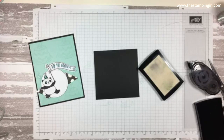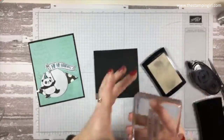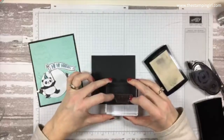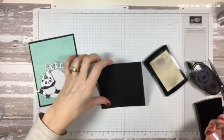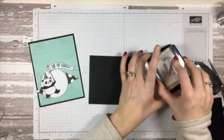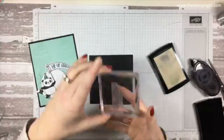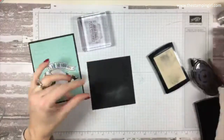I wiped off this stamp set last night with a baby wipe, so I just want to make sure I don't have any sort of fluff stuck to it. Okay, so you're going to ink it up real well. I like to make sure I press firmly with that one. Don't do that, I'm going to do that one over again. It's okay. Actually, the first thing you want to do, can't forget the step, is just to rub the paper